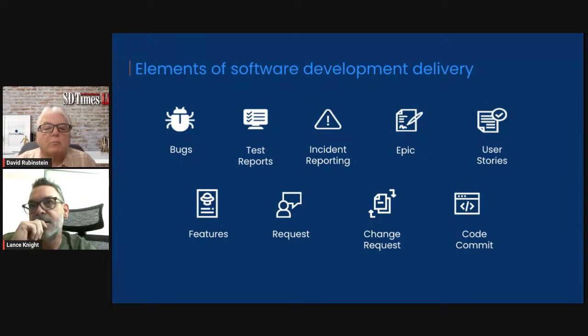Now, this is kind of neat. I want to talk about this. This is back to systems thinking. So we use this as part of pattern thinking. Some of the elements that flow around in your value stream are these things: bugs, defects, tests. We call them artifacts, but they're all there to help develop software, and they fit throughout these loops. So it's really interesting. If you look at these in this way, here's what you're collaborating around, and they're communicating with all these different loops, and there's a lot of noise. How many emails do you send to discuss a bug? And how many systems did you have to key that into?